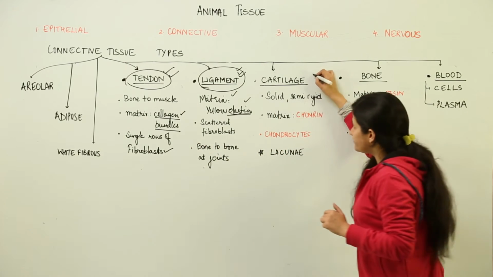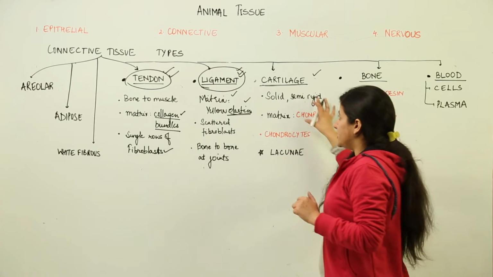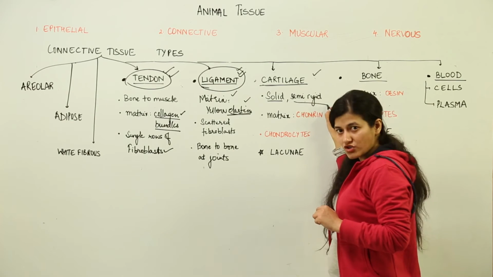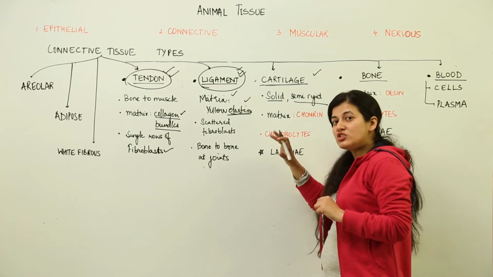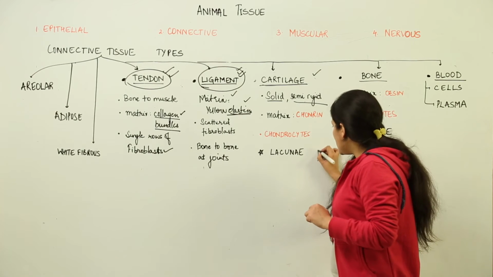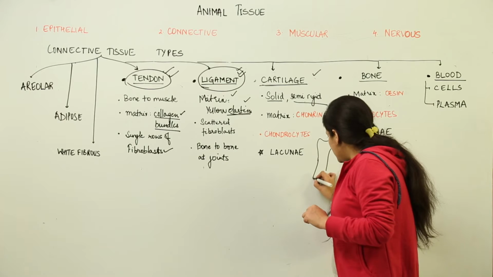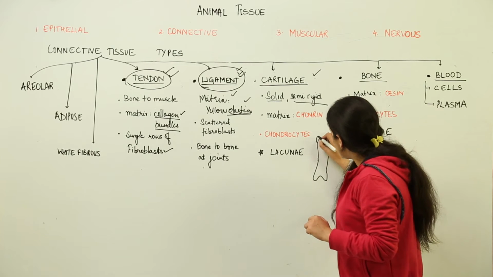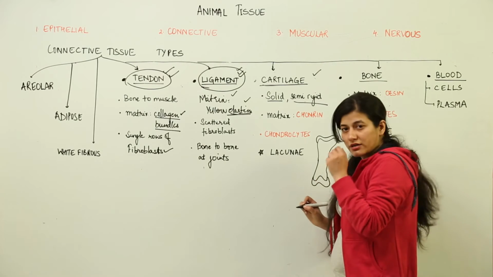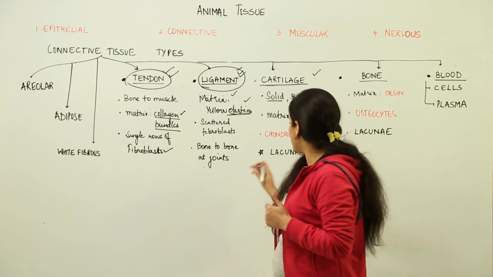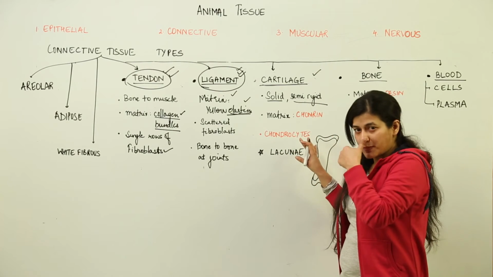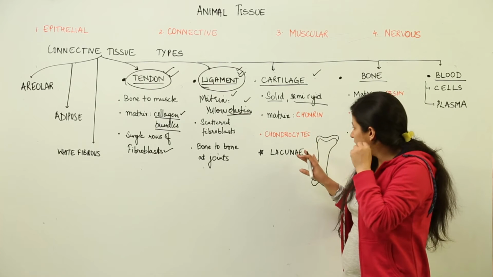Now we move to cartilage. What is cartilage? Cartilage is also a connective tissue which is solid and semi-rigid. It has a matrix which is not as dense as the bone, but yes, it is dense. If the long bone is like this, there is cartilage present at the ends of the bones. Touch your nose, touch your ear, they are hard but they are not as hard as bone. So what are they made up of? They are made up of cartilage. This particular region of your nose, your ear, is a cartilage.